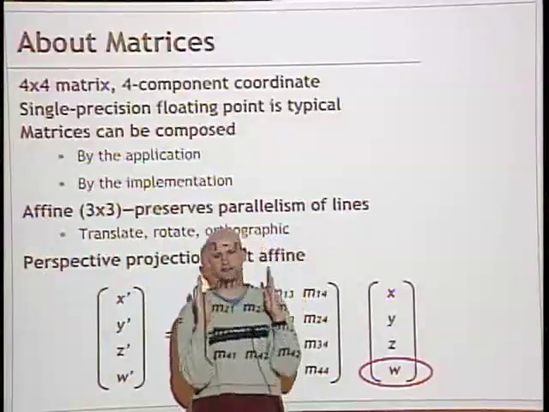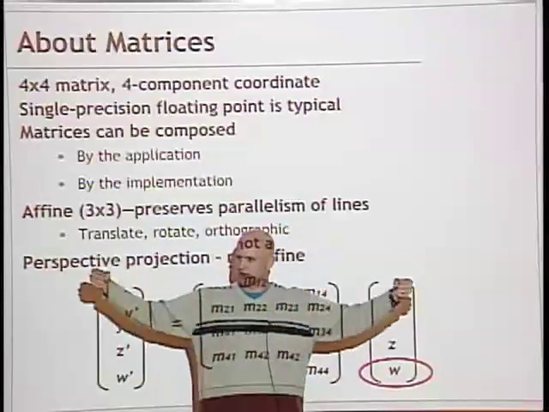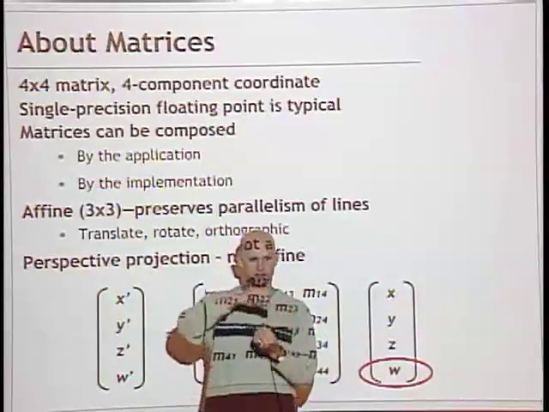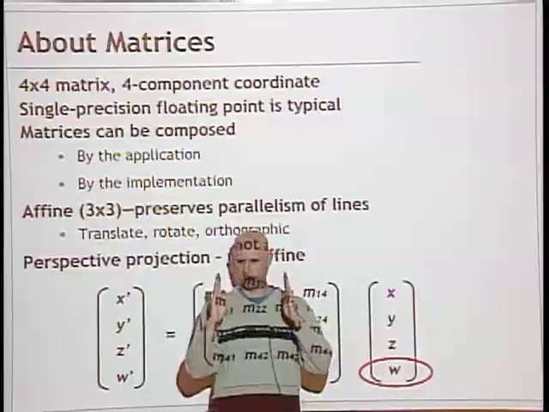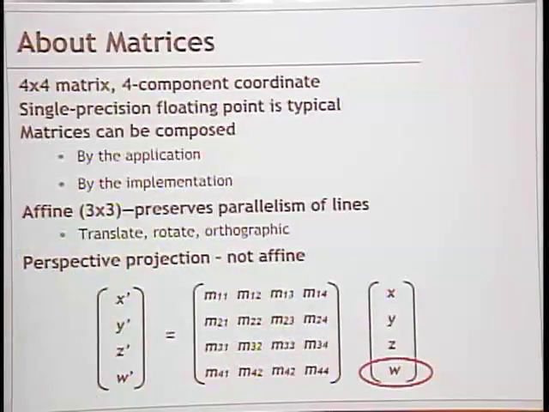I can rotate, and the lines don't change. I can scale, so you can take and stretch it, and you can stretch it in different ways. Like I can stretch this way, but the lines themselves are not going to change. Those are affine transforms. Those are useful transforms, so we want to be able to express those, and a 4 by 4 matrix will allow us to do that. However, perspective